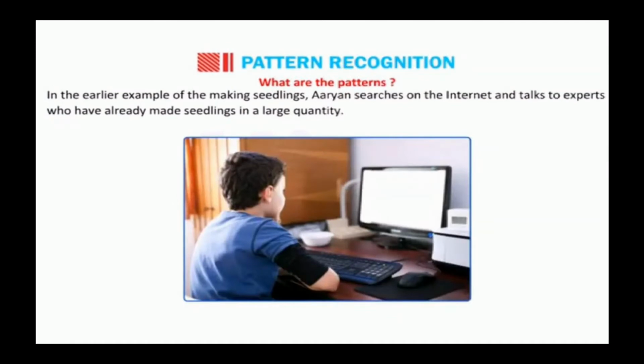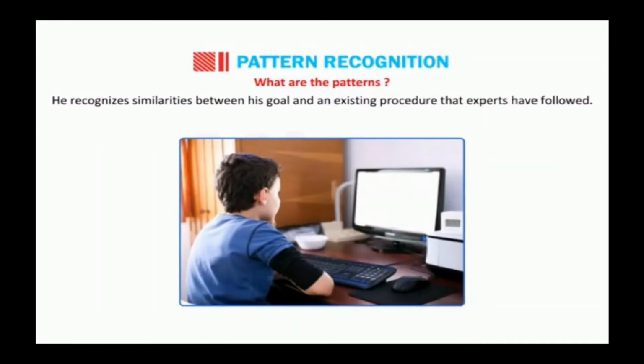In the earlier example of making seedlings, Aryan searches on the internet and talks to experts who have already made seedlings in a large quantity. He recognizes similarities between his goal and an existing procedure that experts have followed.